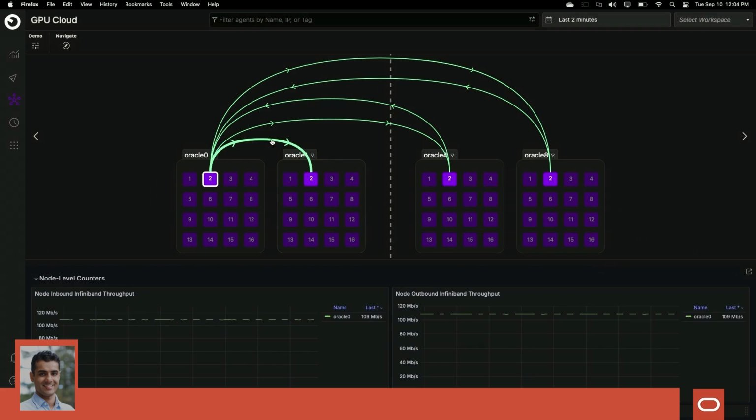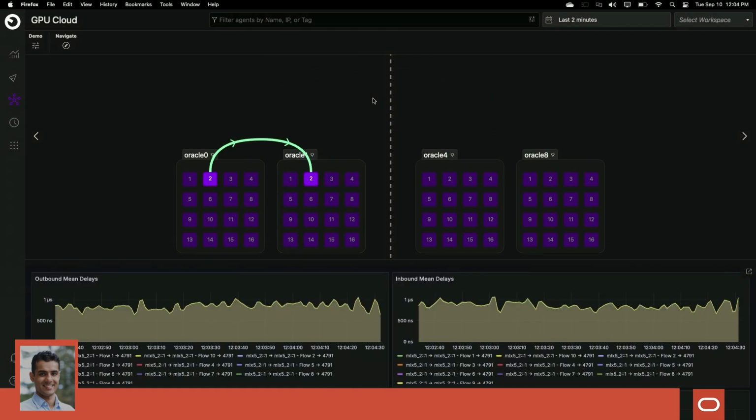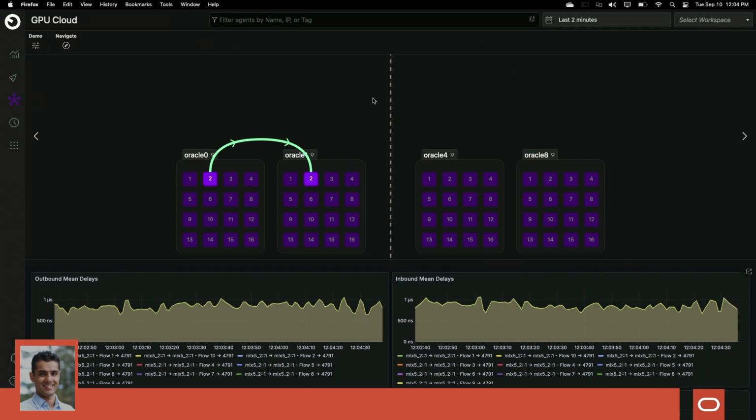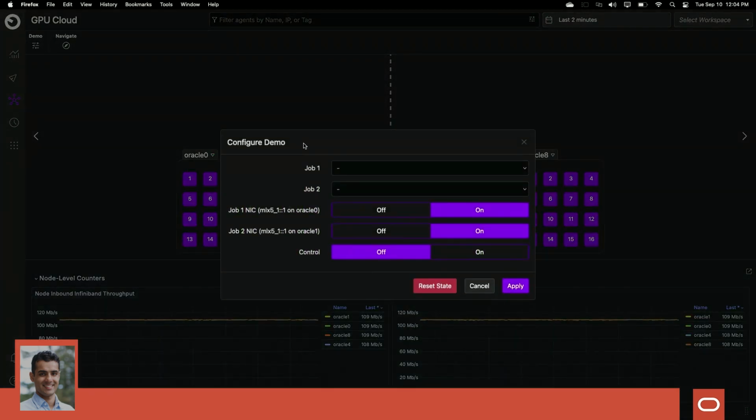If I select an edge that's within a top of rack switch, we have much smaller propagation time. It's about half of what it was, about a microsecond in this case. So now let's take a look at what happens if I actually stress the system a little bit and apply some traffic. So I'm going to start